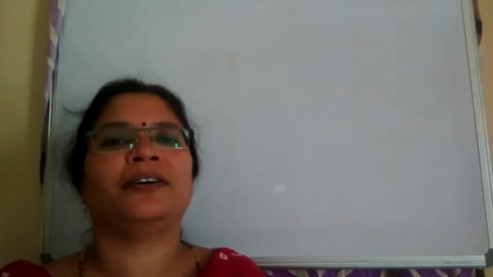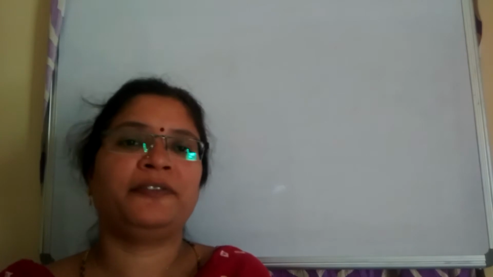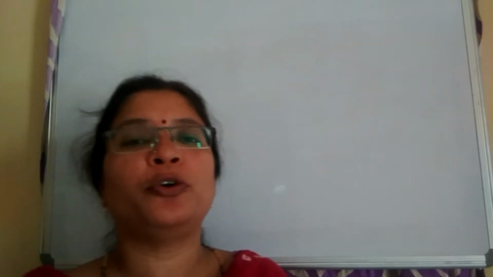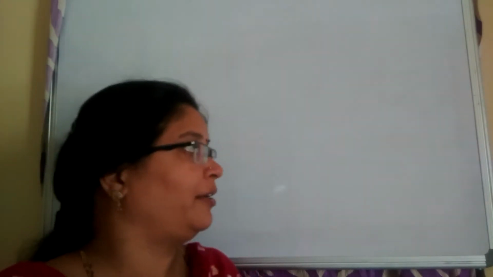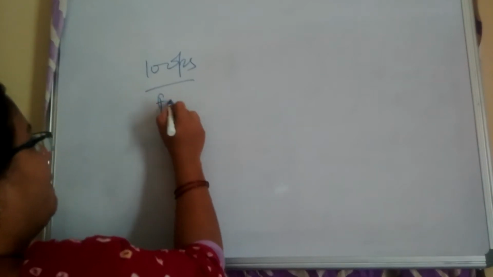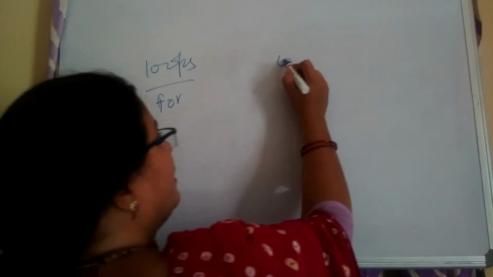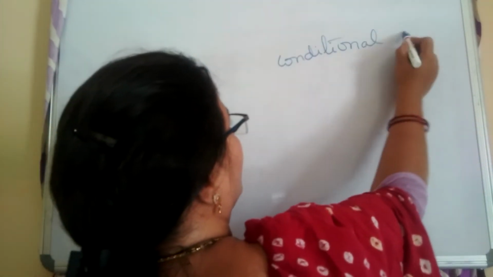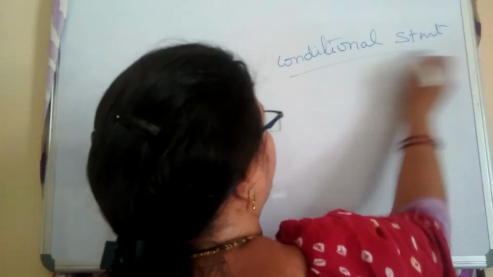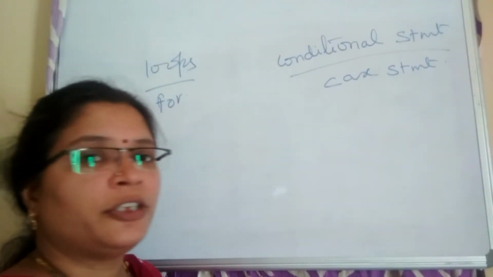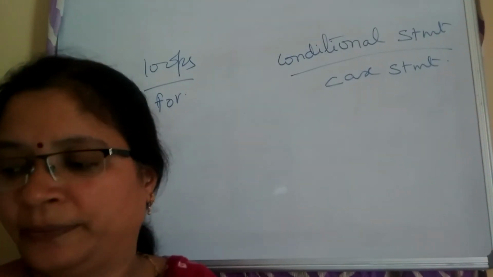Welcome to our session. In the previous sessions of shell programming, we have seen loops and control structures. We completed most of the loops like while and until, but we didn't see the for loop. And we completed the conditional statements also, like simple if and multiple if, but we didn't see the case statement. So now these two we are going to see.